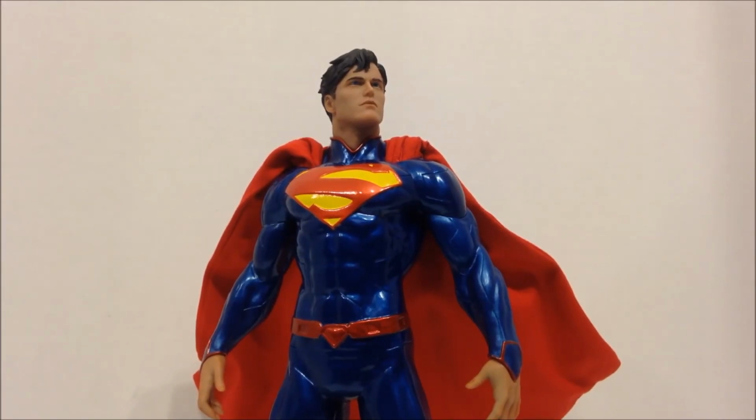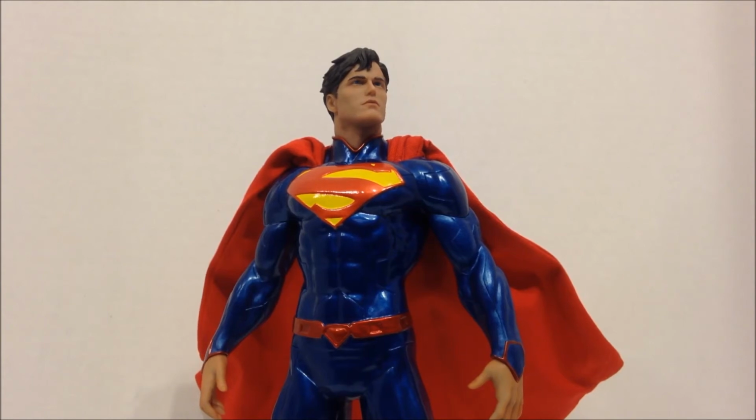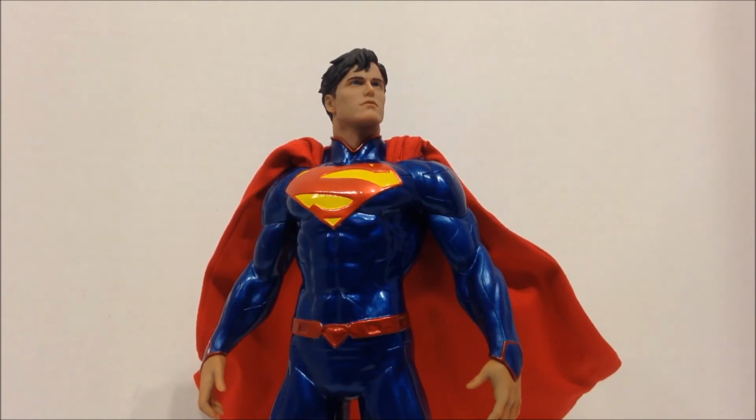Number 2, another outing from DC Collectibles, the Icons Superman statue. This, of course, is the New 52, and it's, like I said, from the Icons series. Now, there is also some Icons of the Man of Steel. They have pretty much identical poses. I don't own any of those. I do have a few Man of Steel collectibles, but this was an absolutely must purchase for myself and any